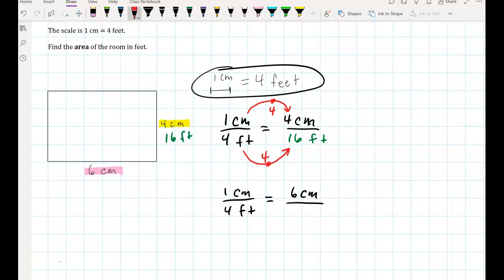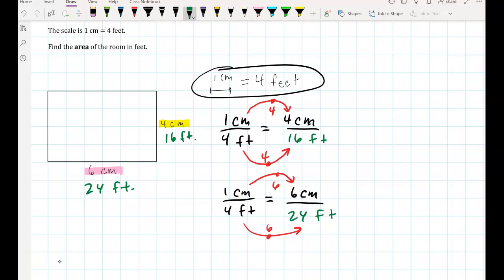Well, 1 times 6 equals 6, and 4 times 6 is 24. So that would be 24 feet. Instead of being 6 centimeters, it would be 24 feet. And there you have it, another way that we use proportions